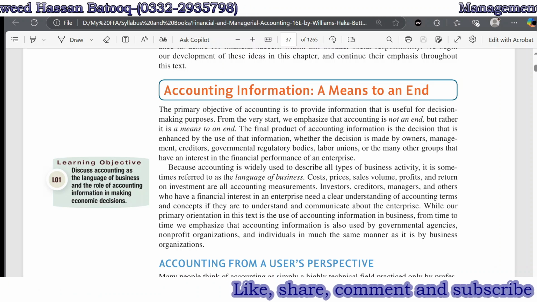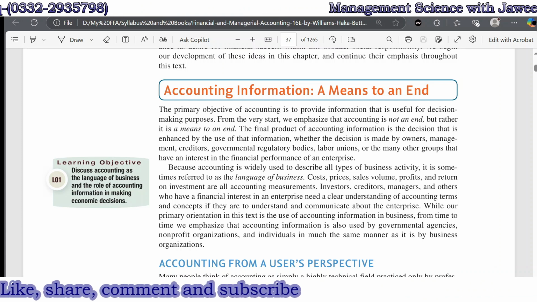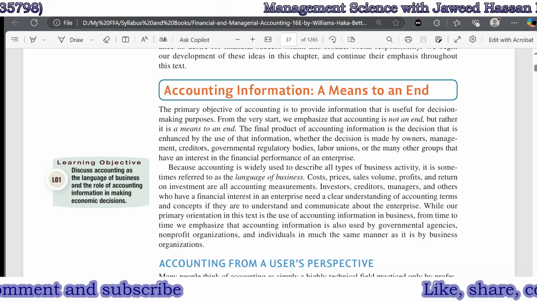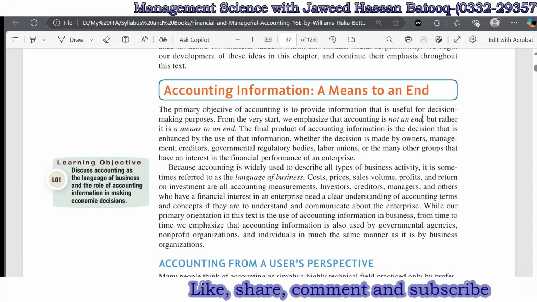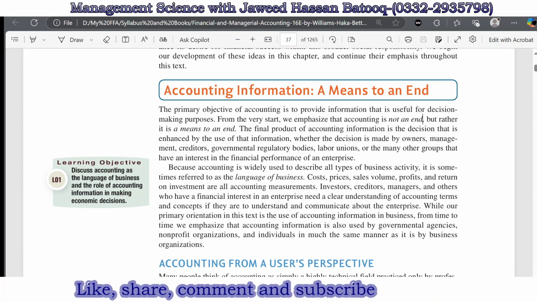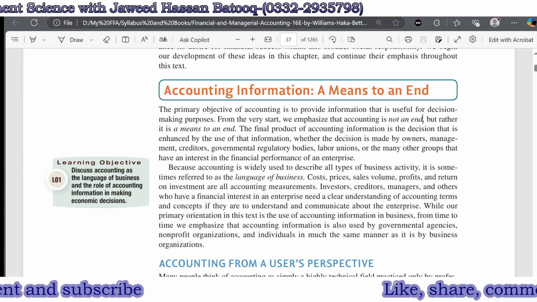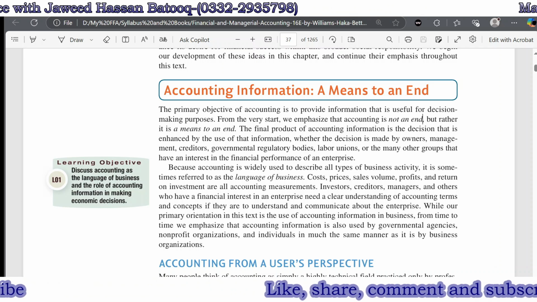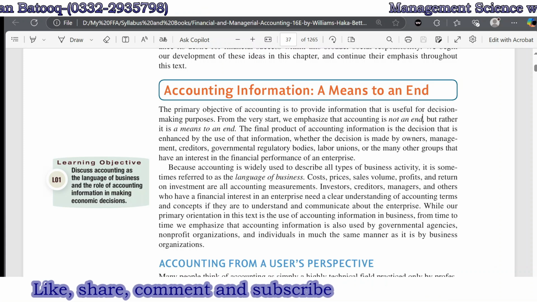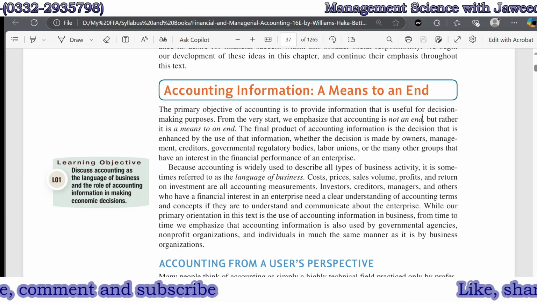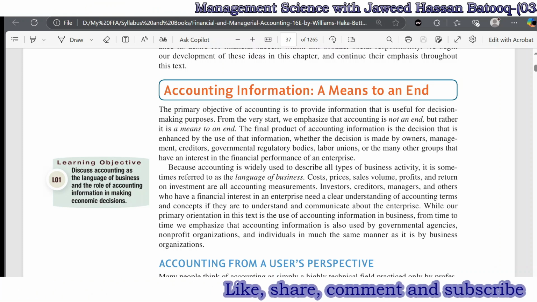Somebody can be our customer and wants to decide whether to purchase goods from us or not, and somebody may be our supplier and wants to know whether he should give us goods or services on credit or not. There are potential employees who want information on whether they should join our organization or not, and the government wants to know about our business, because we have to pay taxes to the government, and